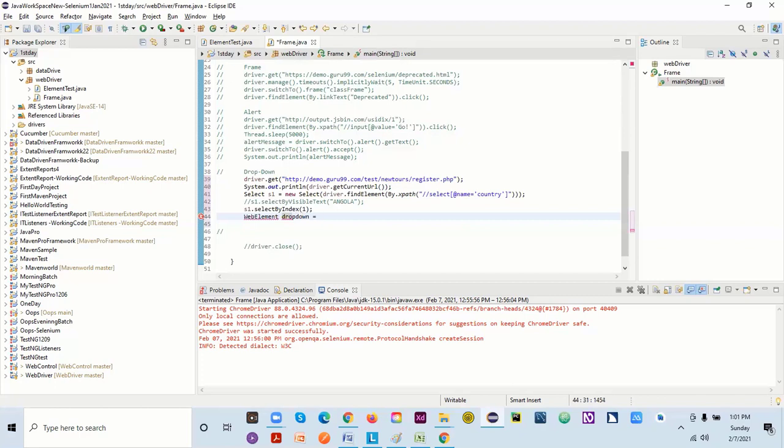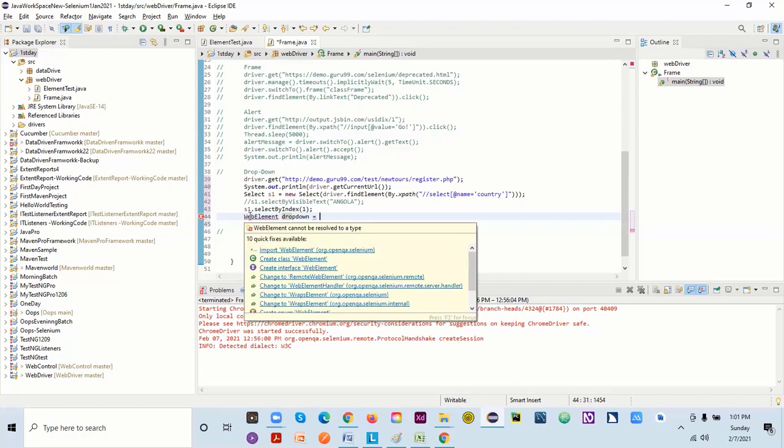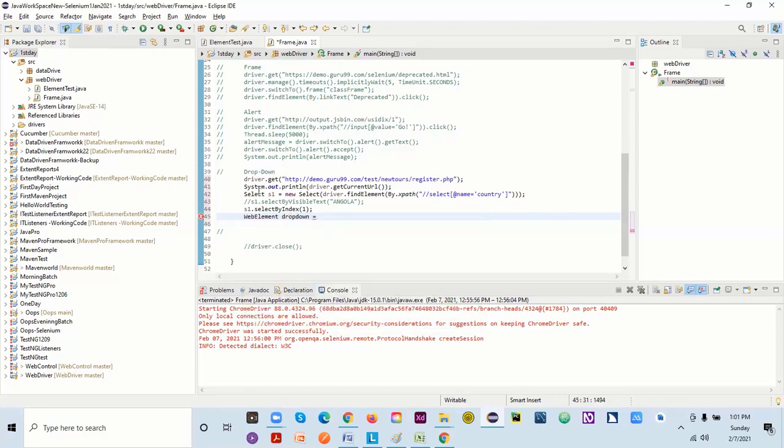Here it's saying we need to import. For everything, we need to import the class, otherwise it will not work for you. Now, what we did earlier was hold that data. To hold a string, we created a variable of type String, but dropdown is a web element, right?